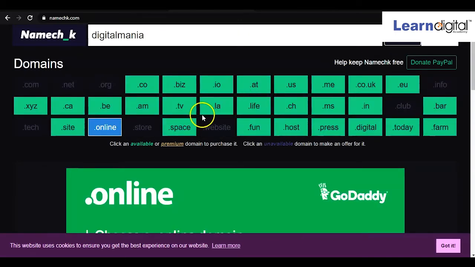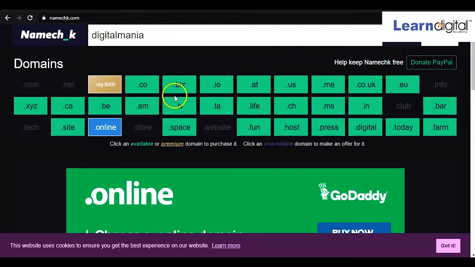Now guys, you can see multiple colors coming. Some extensions are coming in black color, some in green color, and some in blue color, right? Whatever extension is coming in black color, this domain is not available with this website name or domain name.